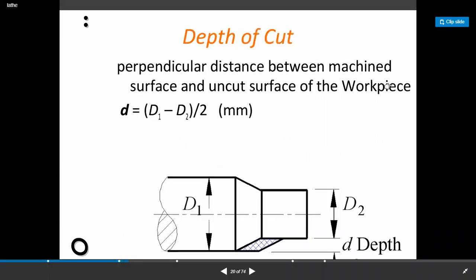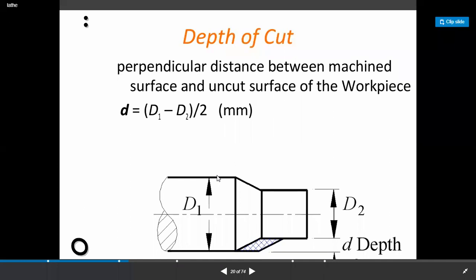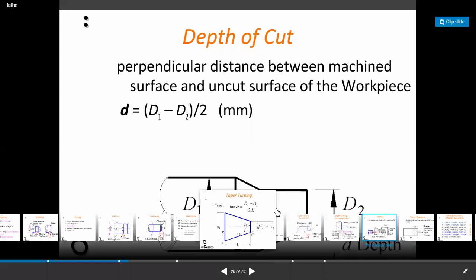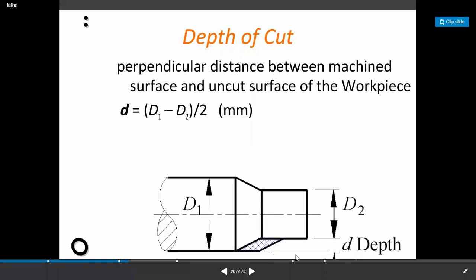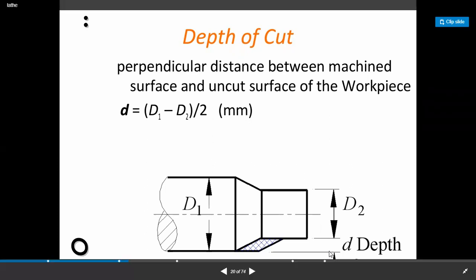Then we'll go for the next cutting parameter. Third cutting parameter is depth of cut. So the depth of cut is here, D2 च्या खाली जे त्यांनी व्हॅल्यू दाखवली, small d, that is the depth of cut for lathe machine during your actual machining. So depth of cut काय असतं, perpendicular distance between machined surface and uncut surface of the workpiece. So this is your uncut surface and this is your machined surface. So the distance in between is nothing but the depth of cut. एका सिंगल कट मध्ये किती मटेरियल तुम्ही रिमूव्ह करताय from your machined surface.